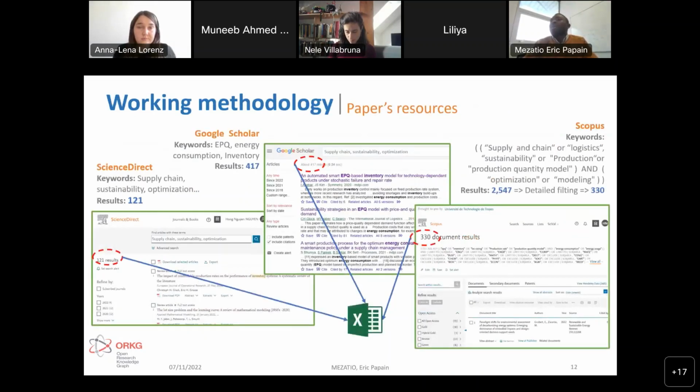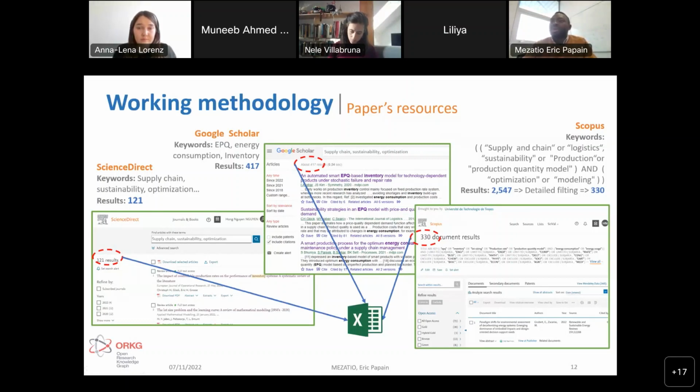So now, about our working methodology, how did I choose the best papers in the literature? I use several search engines like Google Scholar with different queries. I use databases from Science Direct and Scopus. And when I got all these papers, I just regrouped the new papers in an Excel file and tried to classify them using the different properties. Sometimes I take, for example, the best of the reviews that present maybe some comparison